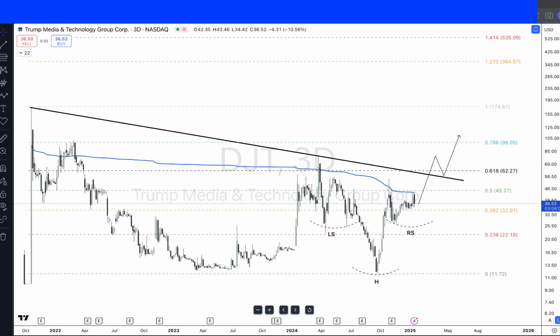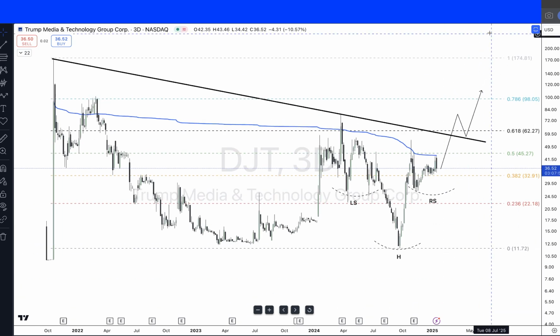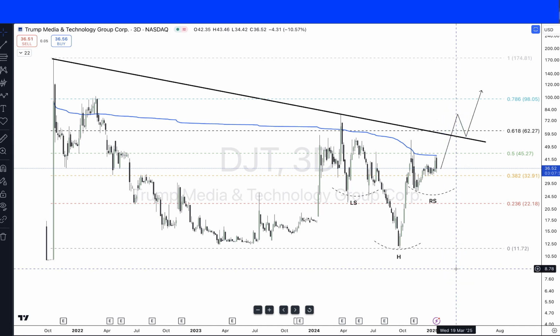So with all that being said, I hope that was helpful, but this thing really does look good. We've got two small hurdles. We've got to get price over this anchor VWAP, and remember, when it does, it's going to be explosive. And then the second hurdle is this multi-year downward trend line. If we get price to break through that, we're golden. Anyways, I hope that was helpful, and thanks so much.